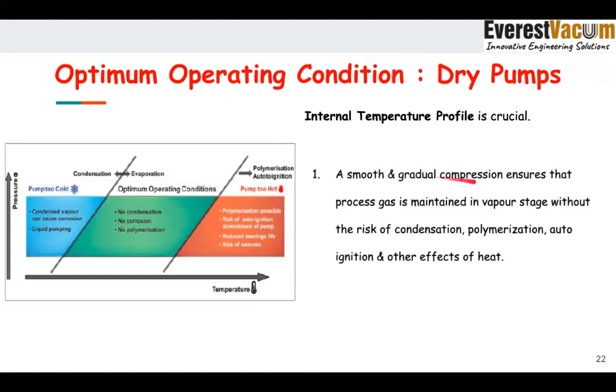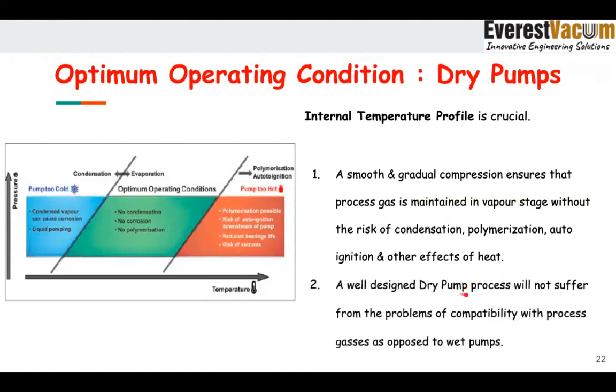A smooth and gradual compression ensures that process gas is maintained in vapor state without the risk of condensation, polymerization, autoignition, and other effects of heat. The other important point is a well-designed dry process will not suffer from the problem of compatibility of process gases, as opposed to